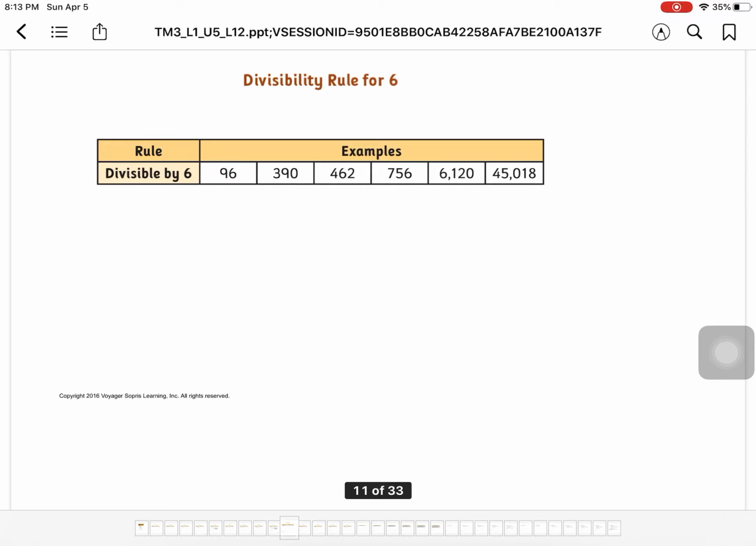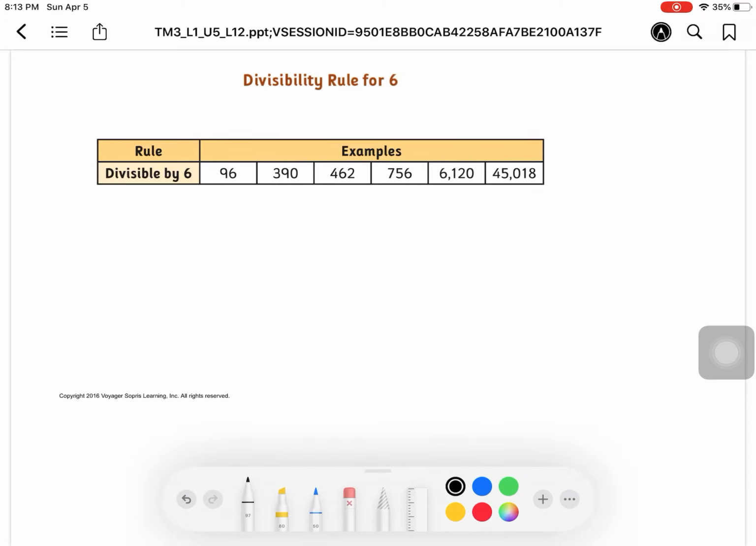Okay, now how about the divisibility rules for 6s? Okay, we're going to look at that and see what the rule is for 6. So first of all, I'm going to refresh our brains with the rule for 2s, okay? When we're looking at the divisibility rule for 2s,